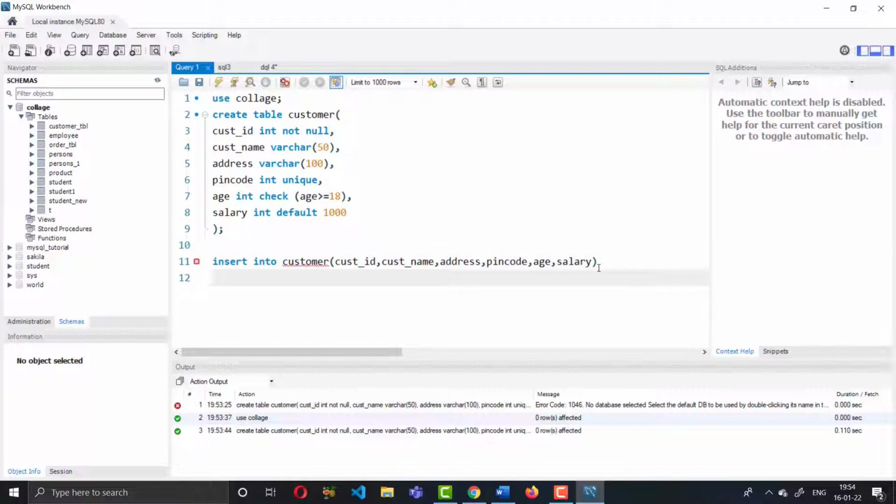Okay, comma, values. Now I insert the information in the customer table.